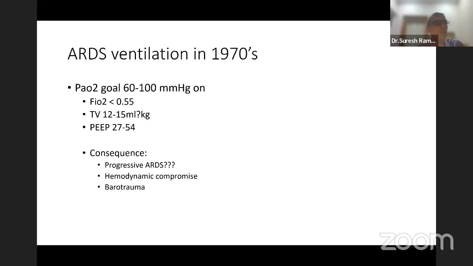So we also very commonly see this in small nursing homes where people don't understand. People put them on pressure control of 30, PEEP of 20, and forget about an ARDS patient. And they say, oh, the disease is going bad. And that's an easy way, but that is what happened from the 70s to the late 80s before we realized what's happening. But the compromise that everybody realizes with a high pressure like this is the barotrauma, and that was automatic. But more importantly, what they noticed was the hemodynamic compromise, and the hemodynamic compromise is what led to